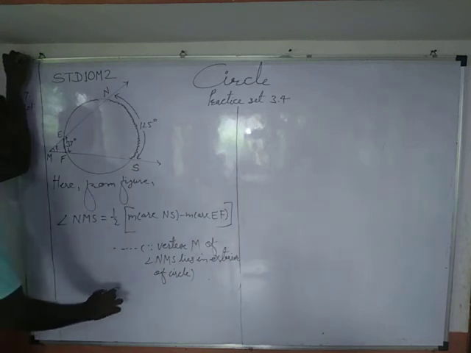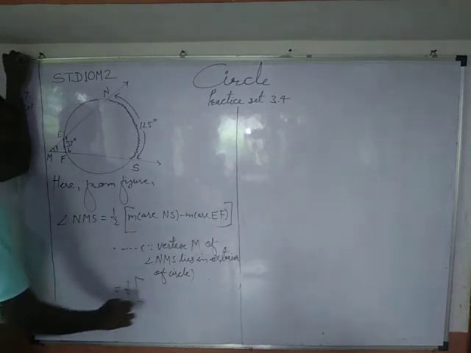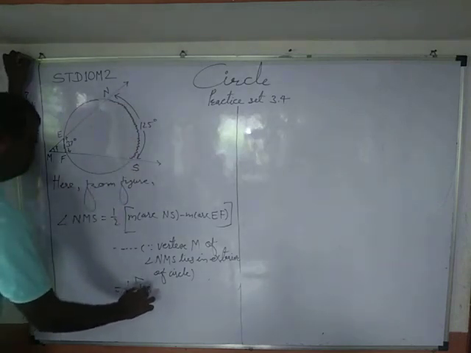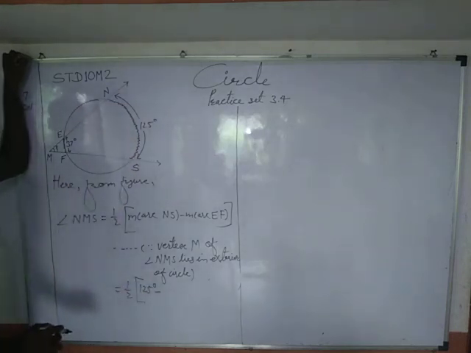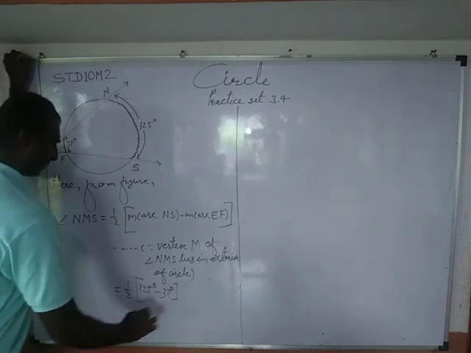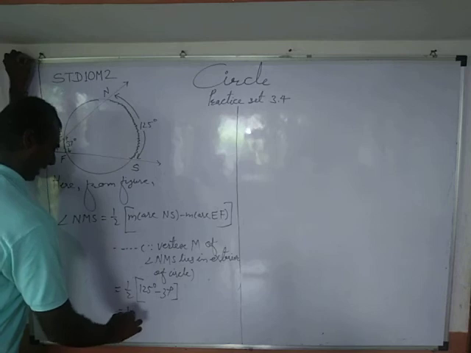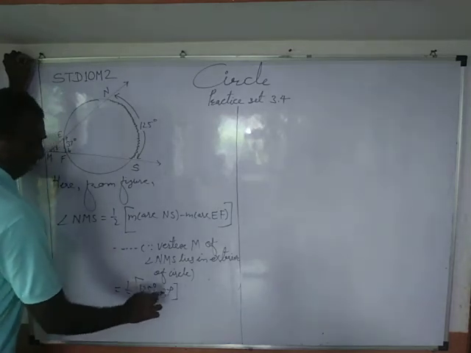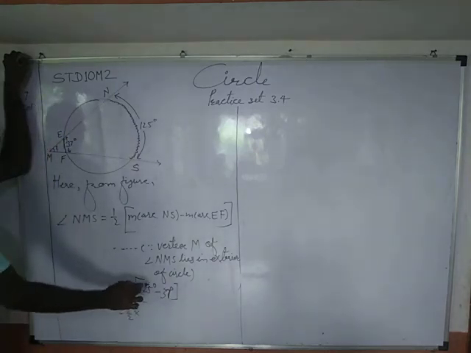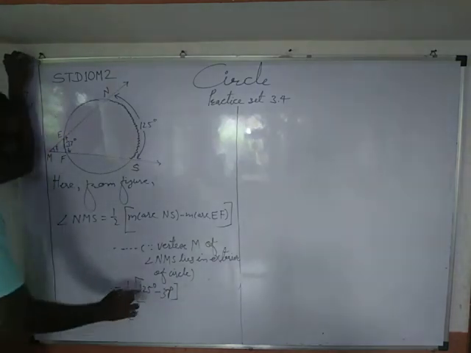Okay, that equals half, in a box bracket, measure of arc NS is 125 degree minus measure of arc EF is 37 degree. That equals half into, 7 cannot be subtracted from 5. That's why by taking carry from 2 we get here